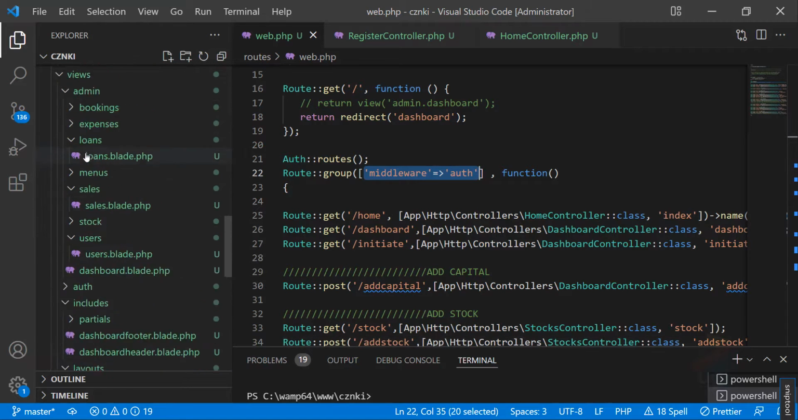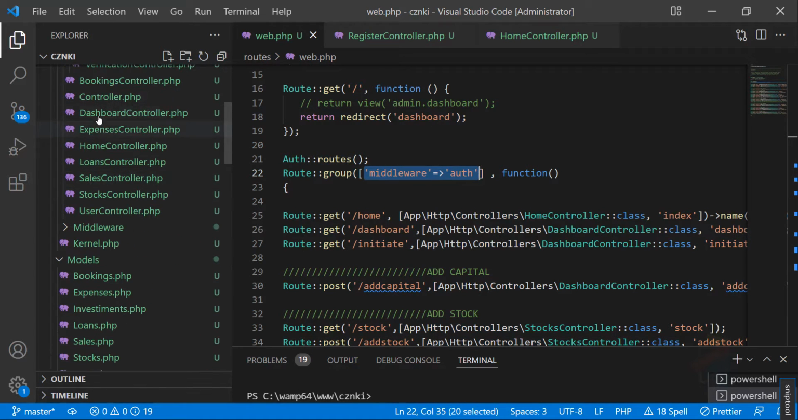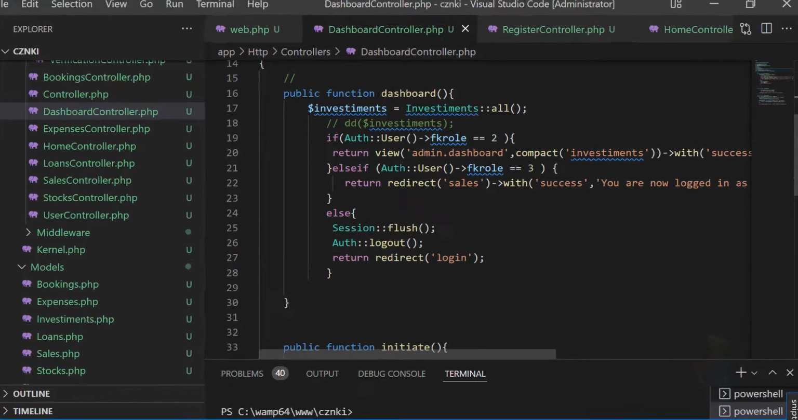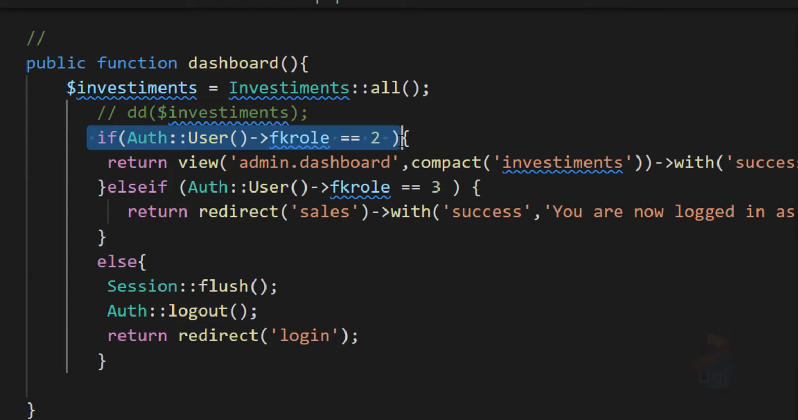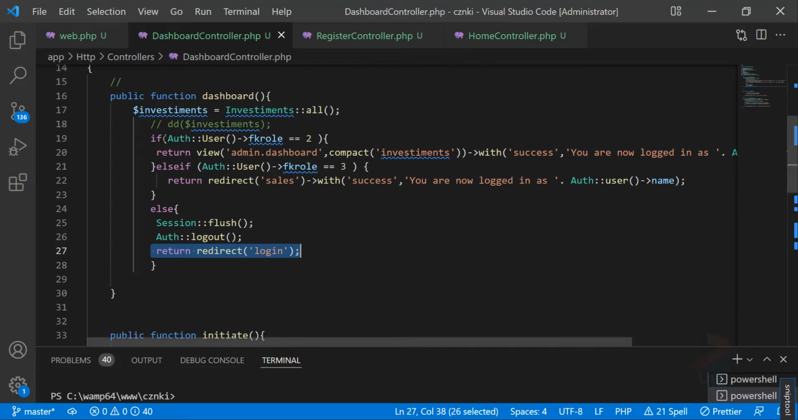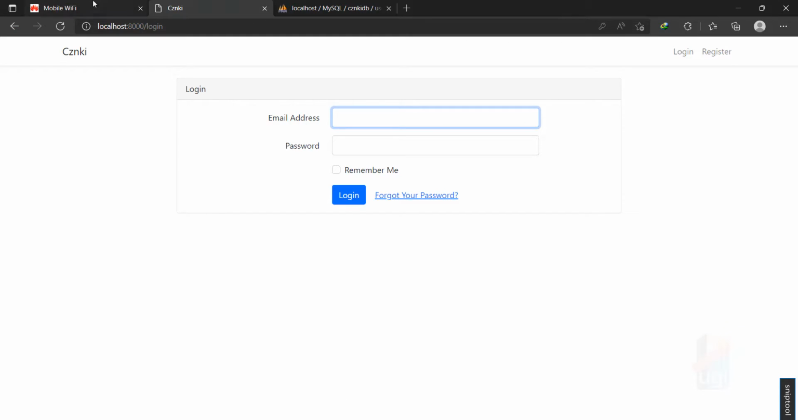So when I go to the dashboard controller, let me check the dashboard controller. When I go to the dashboard controller, I check if your role is 2. If your role is not 2 or 3, I flash you out, log you out, then redirect you to the login page. So how do I check the role? This is it, and you're going to find it. I check your auth. If the FK role is equal to 2,